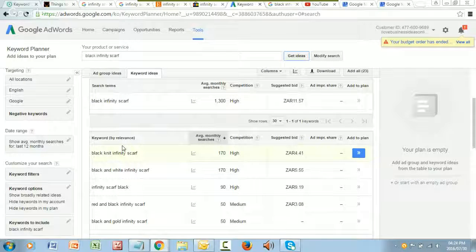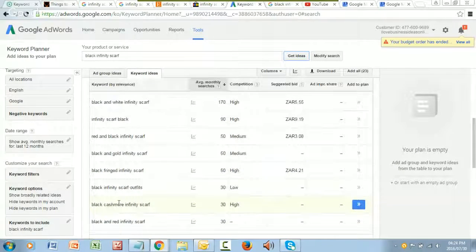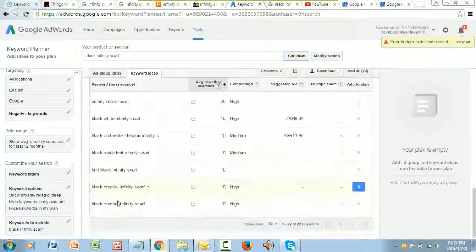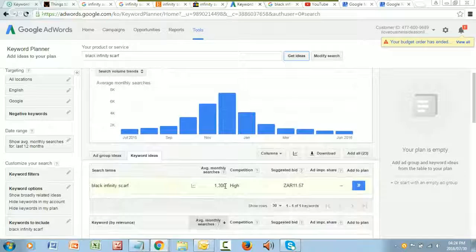You've only got 23, but you know what? If you made 23 pages: black and white infinity scarf, black knit infinity scarf, black, red and black, black fringed. How cool is this? You're going to rank for all of these within 3 to 6 months, and you're going to have in total only... but remember, you're selling a product. So, if your profit's high enough, they'll all arrive there,